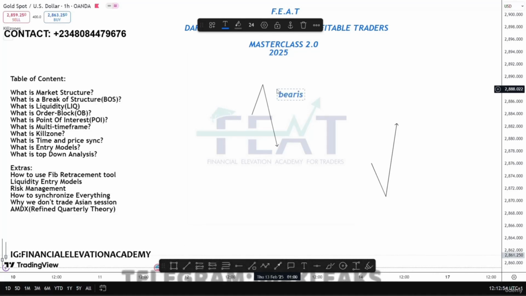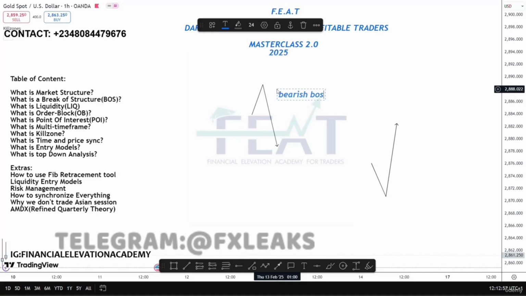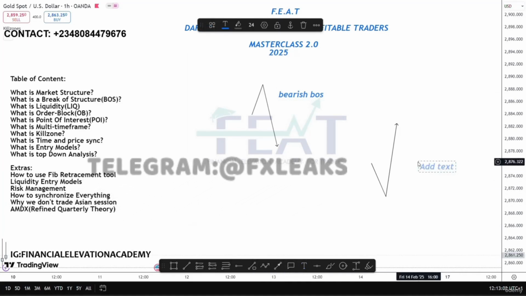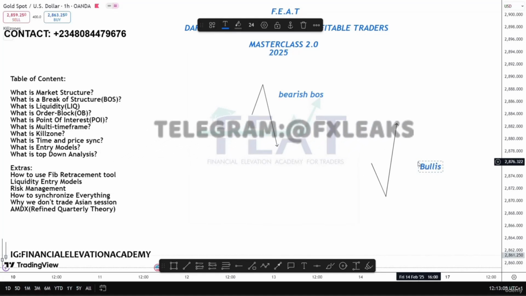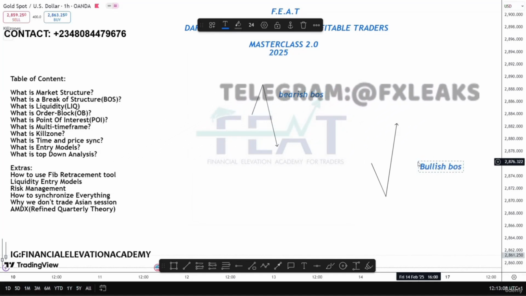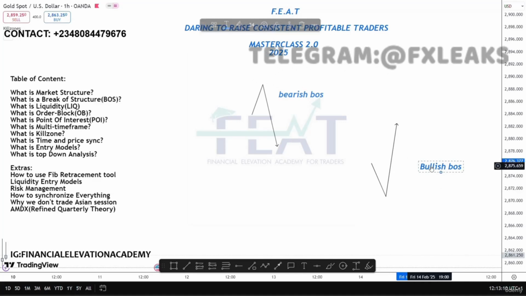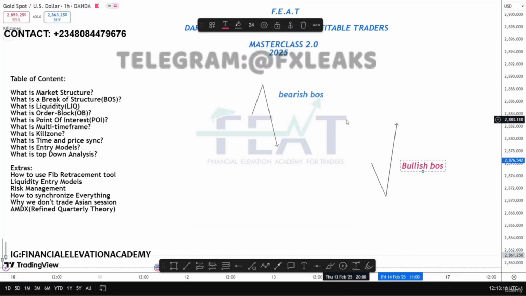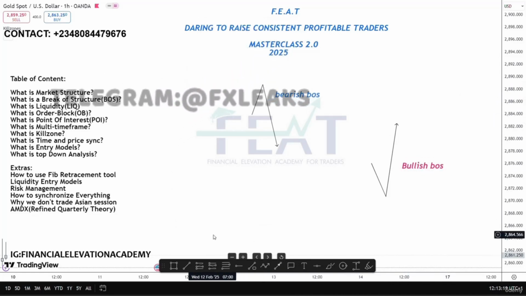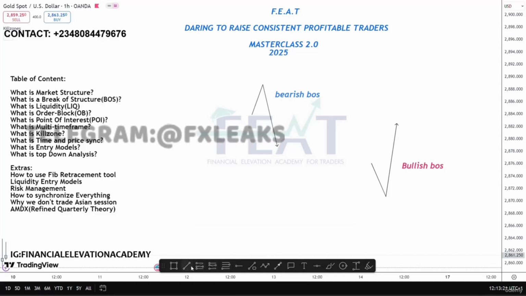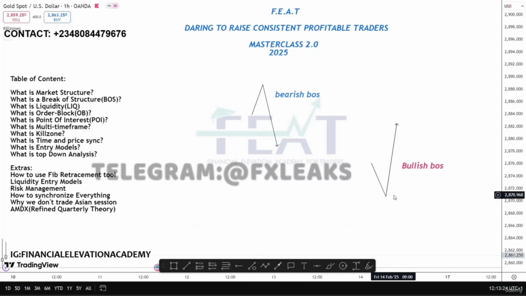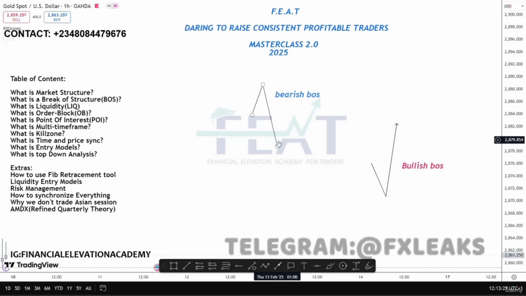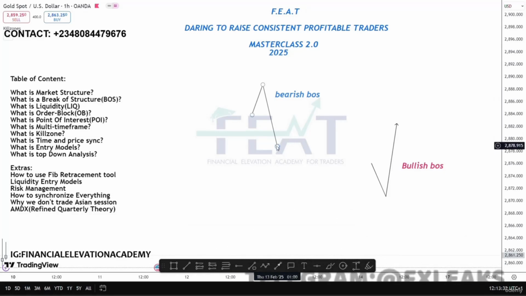bearish BOS, bullish BOS. Alright, so this is a bullish BOS here, and this is a bearish BOS here. Okay, now this is a previous high that was taken out and a new high was created. This is a previous low that was taken out and a new low was created. Okay, so